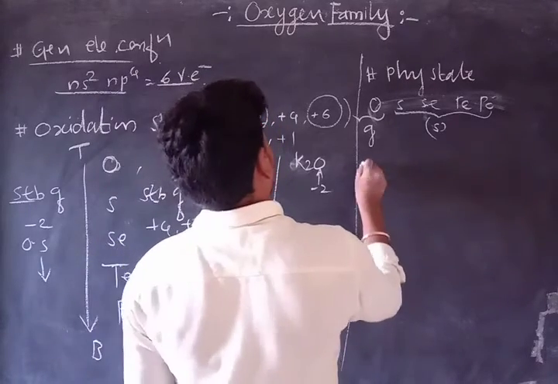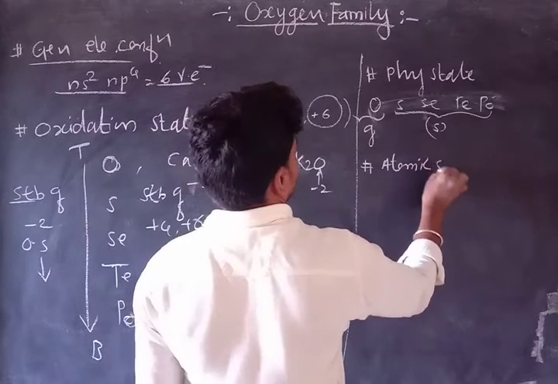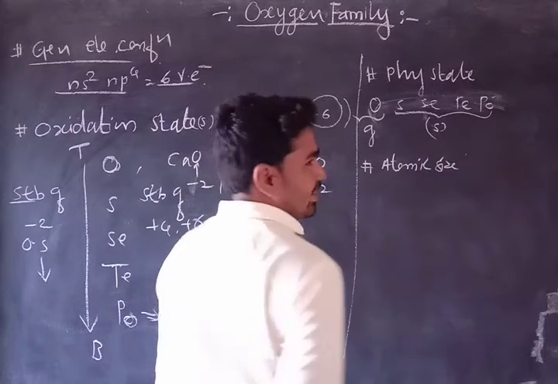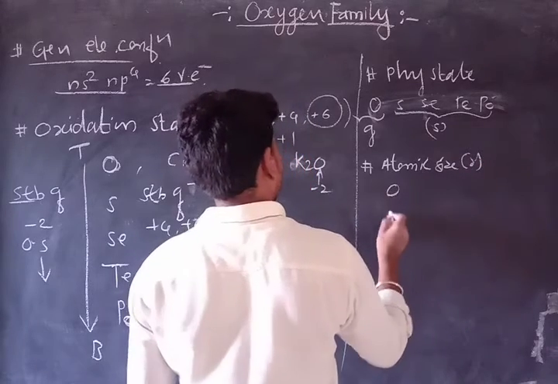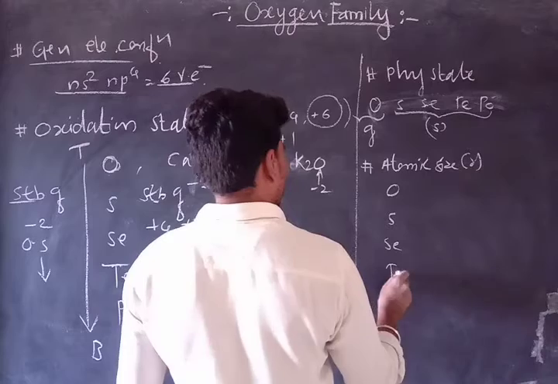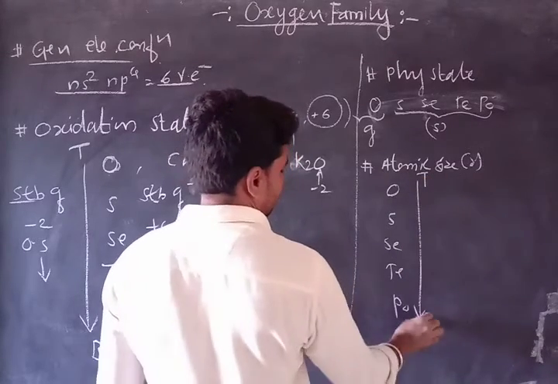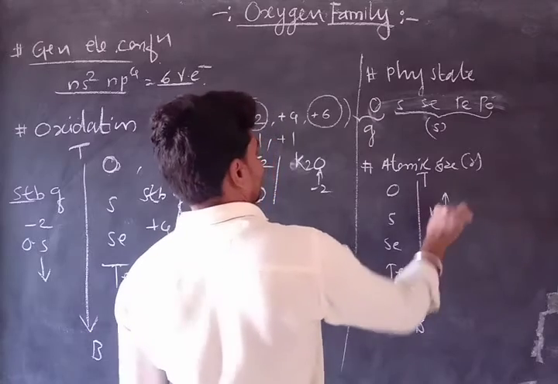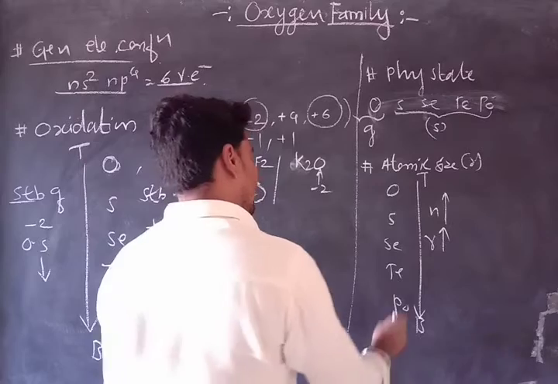After this, another property is the atomic size. It may be covalent radius or ionic radius R, and obviously when we go down the group, top to bottom, as the number of shells increases, the atomic size also increases,